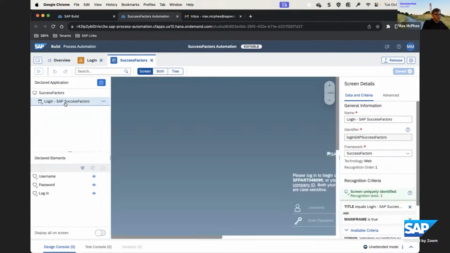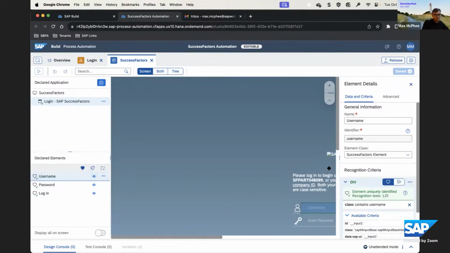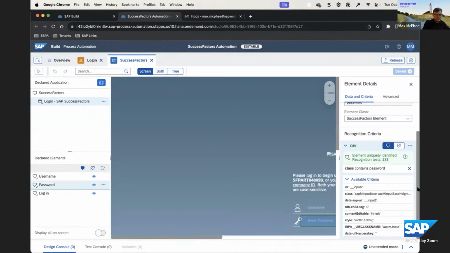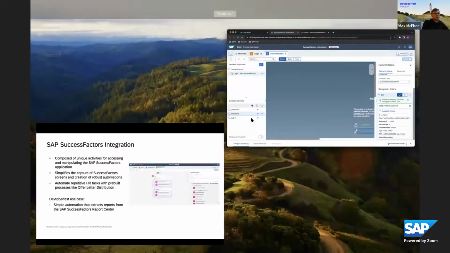Looking at the example here, when I'm capturing the username and password fields, I was able to simply use the class based on the username and the class being password. Most of the recognition is actually coming from the fact that it's seeing it as a SuccessFactors element. I'm also able to validate that it's being uniquely identified because it's passing the recognition tests. So I know that I have a nice strong capture, but let's say that we need to go ahead and